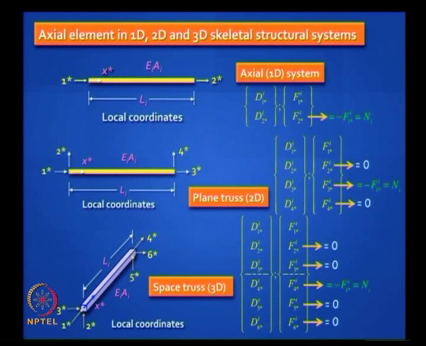Finally we deal with the space truss element. Okay. Here again you can prove that the shear components are all 0 and the axial force at the two extreme ends are equal and opposite, and that force is a single unknown. This is why the reduced element stiffness method is so easy to apply, because you do not deal with so many different quantities. You deal with one axial deformation in an element and one internal force in the element. But here this is the way it is done in the conventional stiffness method.